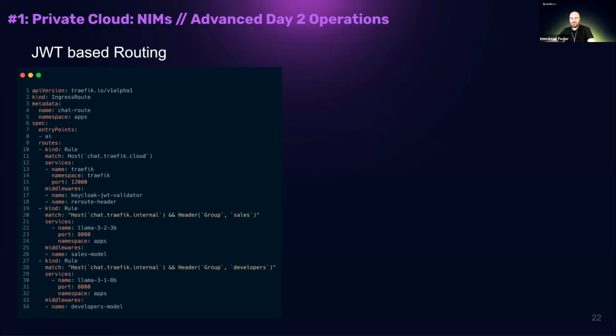But you want your sales team or your HR team or other teams who will be just fine with simple answers to consume a smaller model. And you can, of course, do it with Traefik as well. You can route based on these groups that I explained that you can export or surface from the JWT token. On line 20 or 28, you can see that I'm routing based on these groups present as the extracted header